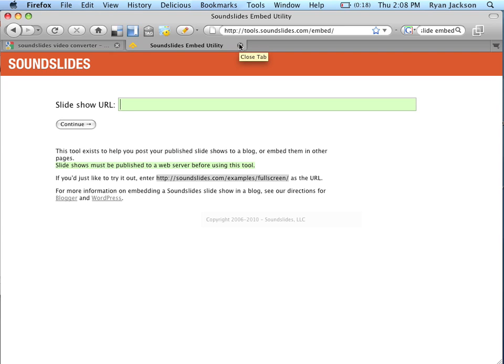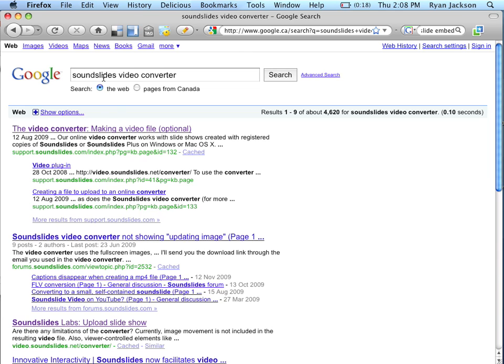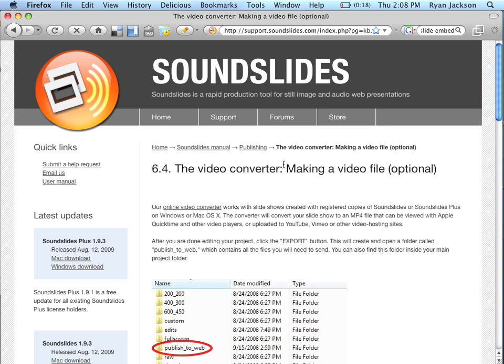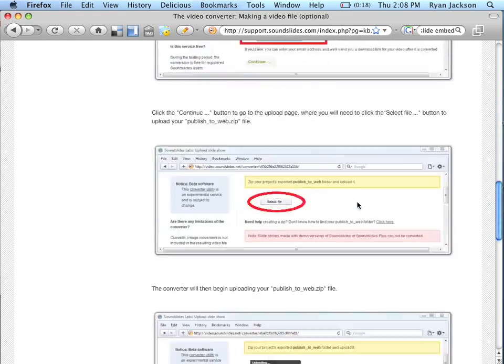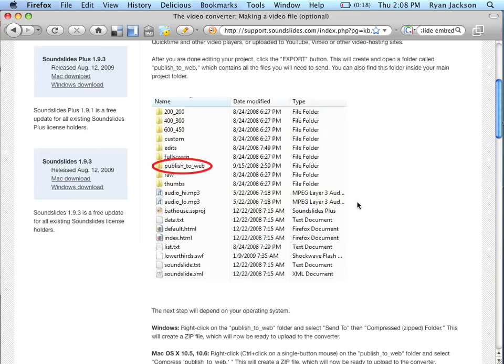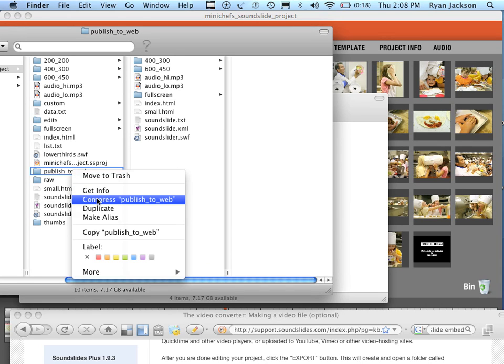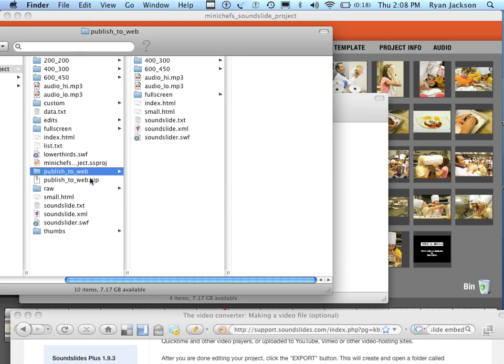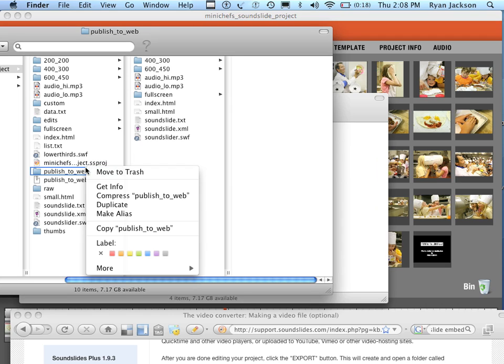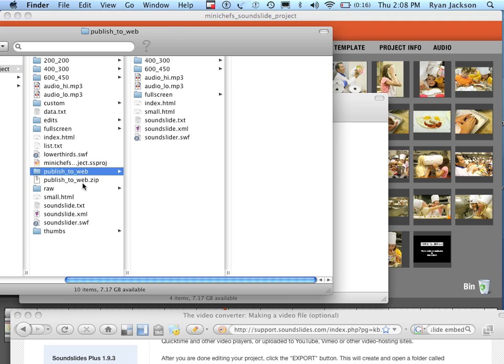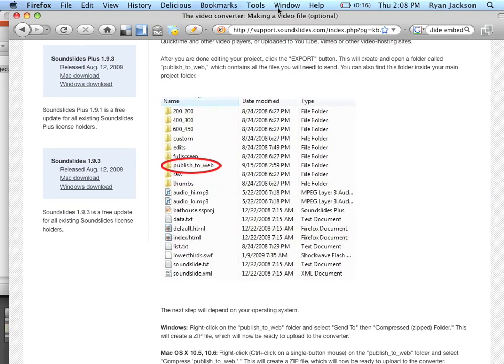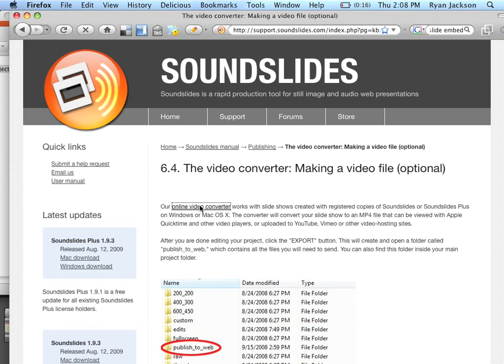If you have, say, a free Blogger or WordPress site, it won't let you embed. Then you can use this, Google Soundslides Video Converter. First thing that comes up is instructions here on how to use the tool. Basically, you take your Publish to Web folder. On a Mac, you right-click or control-click, go Compress Publish to Web. That will create a zip file. On a PC, you would right-click on it, and I think it says Send to, and then it would say Publish to Web.zip. You take your zip file, you go to the online video converter,